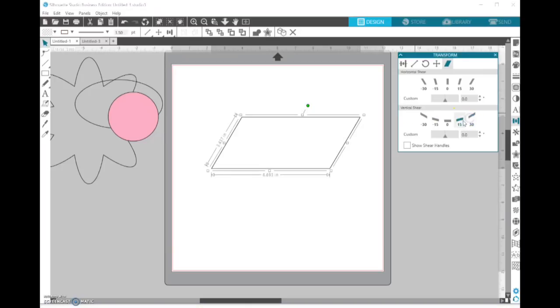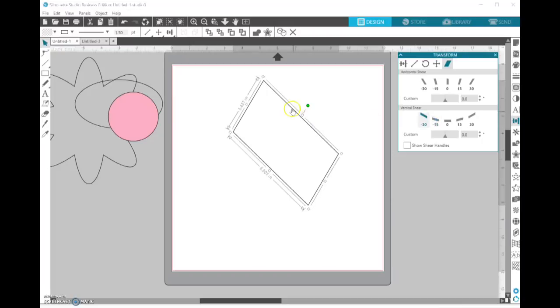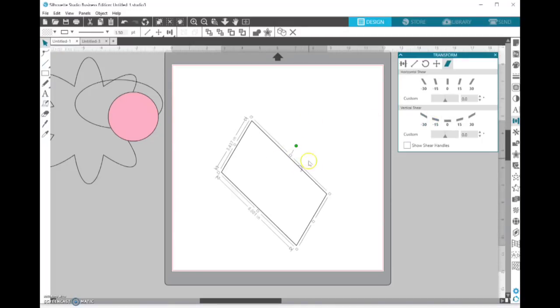when I click the 30 here. Oops, not working. There we go. It's rotating it around. It's not just changing the shape of the parallelogram, but it's rotating its position on the